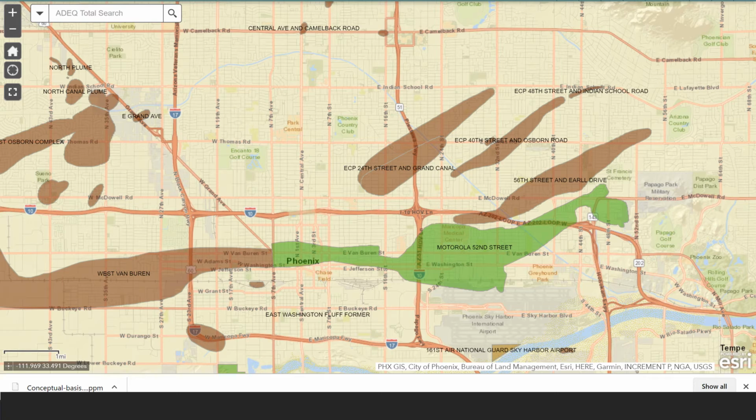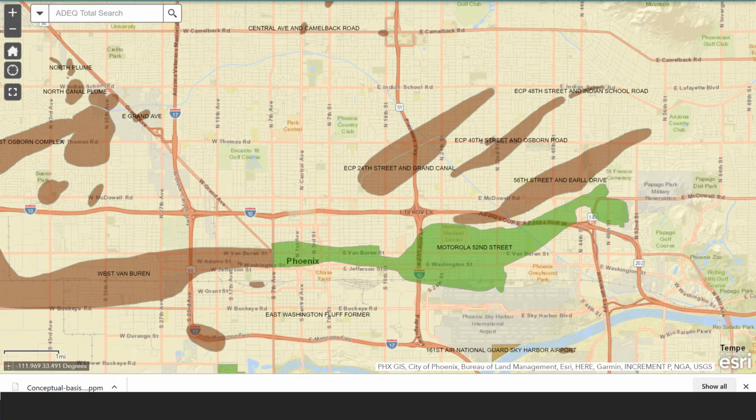Now, the reason for the shapes of these is you first have to understand the geology of Phoenix. Phoenix sits in the bottom of a valley. That's the Salt River Valley. You can see the representation of the river on this map. There are mountain ranges to the south, mountain ranges to the north, and to the east. The river runs out of the range from the east and through the center of the valley. The reason the plumes are positioned in this way, in our understanding, is that they're really following basically an archaic riverbed, or the basin that runs through the center of the valley, and all the plumes collect and run here.